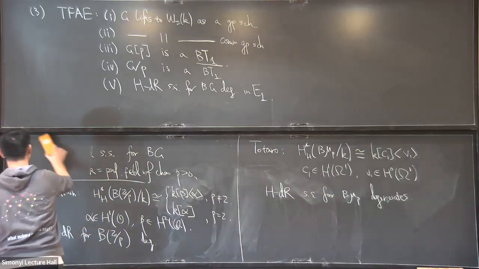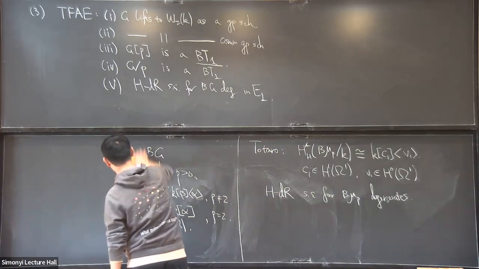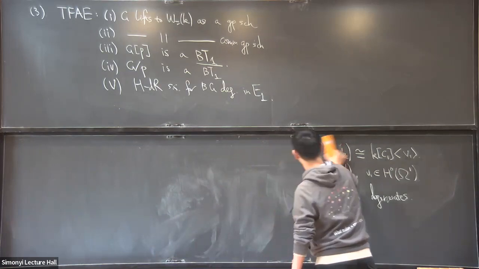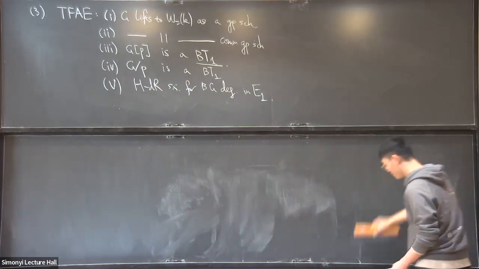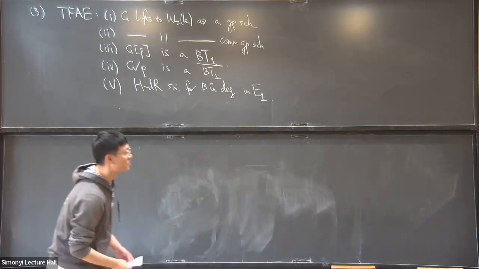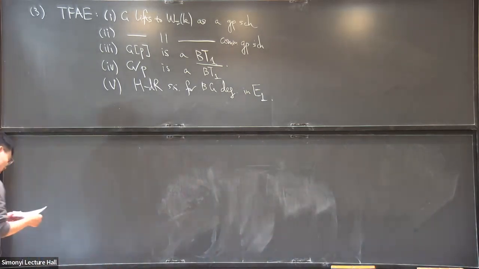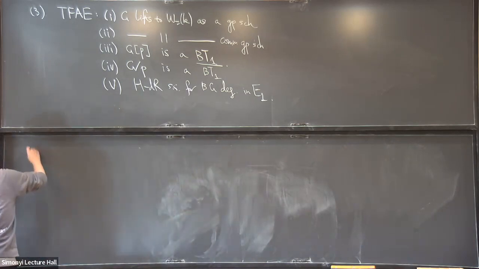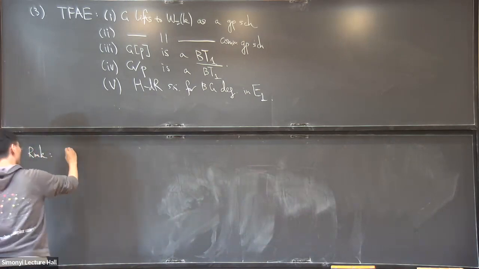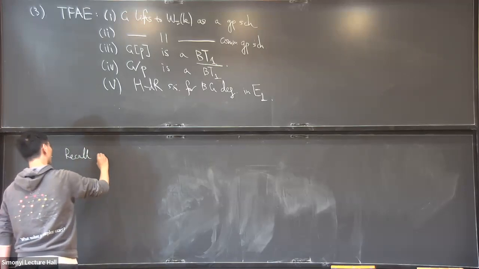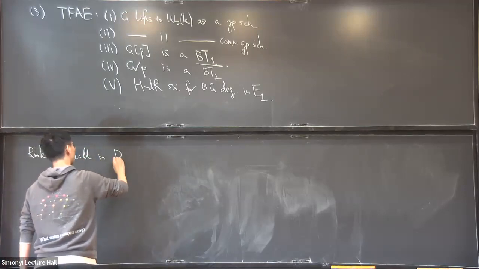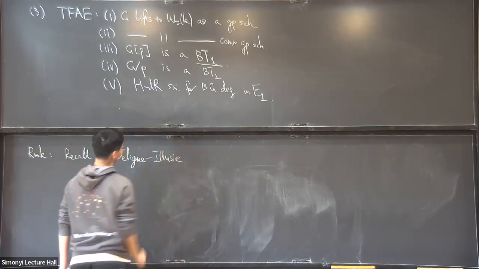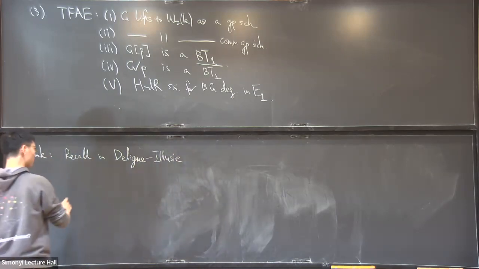So here's a remark. And in this remark, presumably this remark will also explain why we kind of care about whether BG has a degenerate Hodge to de Rham spectral sequence or not. So that's a remark. So recall, in a famous paper by Deligne and Illusie, they show